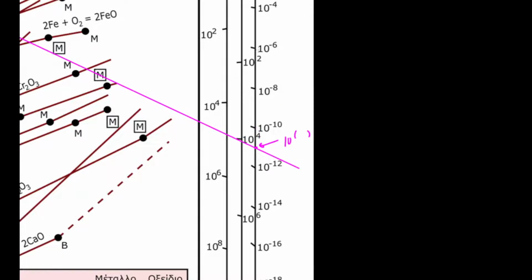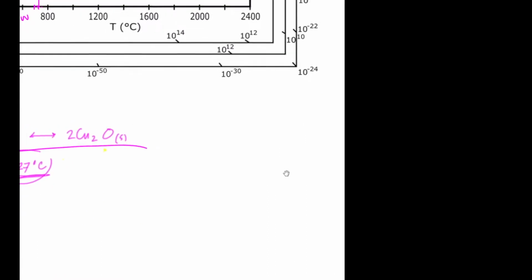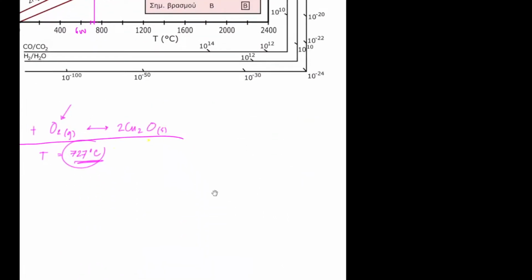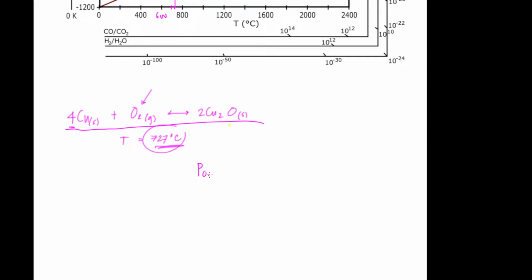Parang saktong gitna na 'to. So, kung saktong gitna siya, then that's 10 raised to the negative 11. Therefore, ang PO2 natin, and this is already PO2, no? So, we have PO2 for the system at 727 is equal to